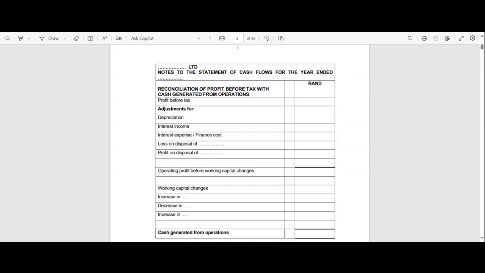So there's a hell of a good adventure waiting upon us. We are going to have a lovely journey with this statement of cash flows. I hope you will enjoy it as much as I do. This term actually has my two favorite topics in any level of financial accounting, being the statement of cash flows and foreign exchange for importers, which we'll talk about in about 4 weeks' time.